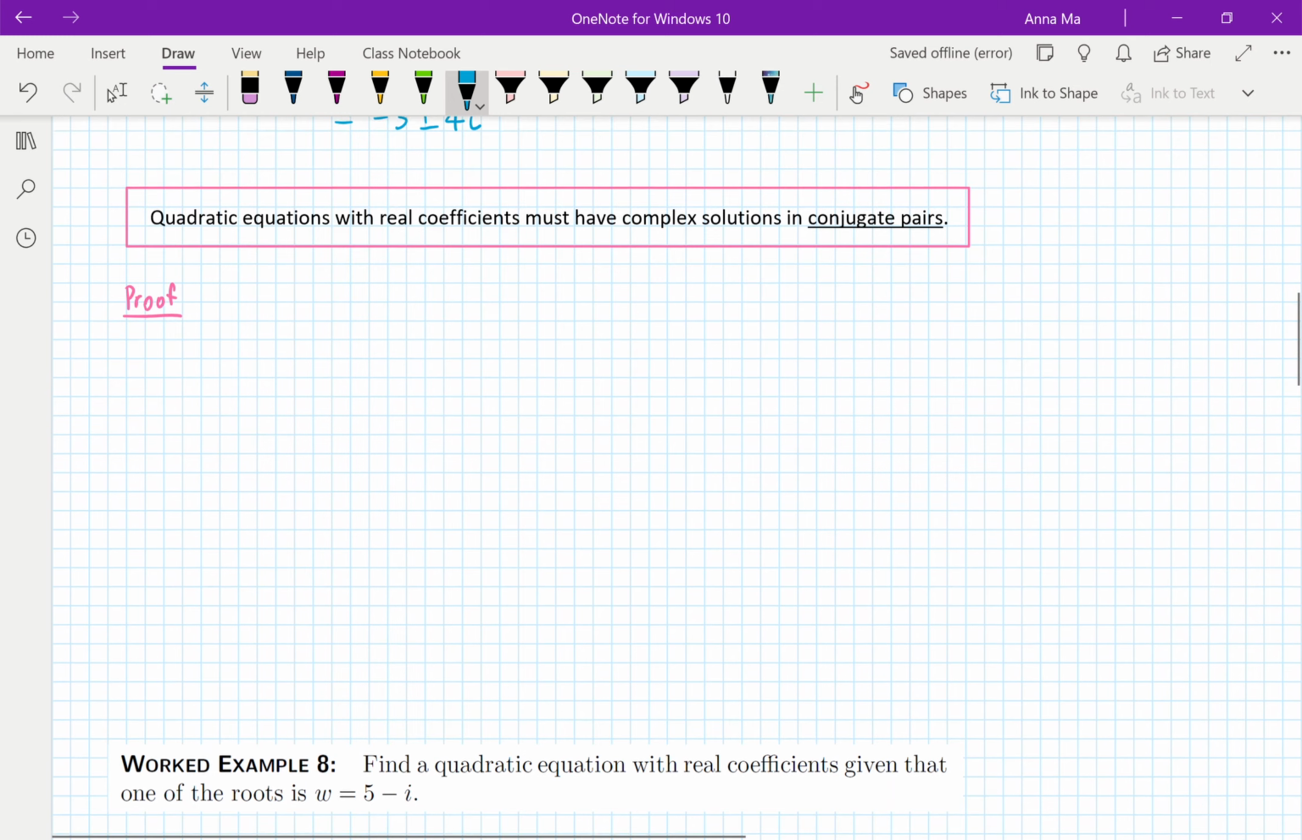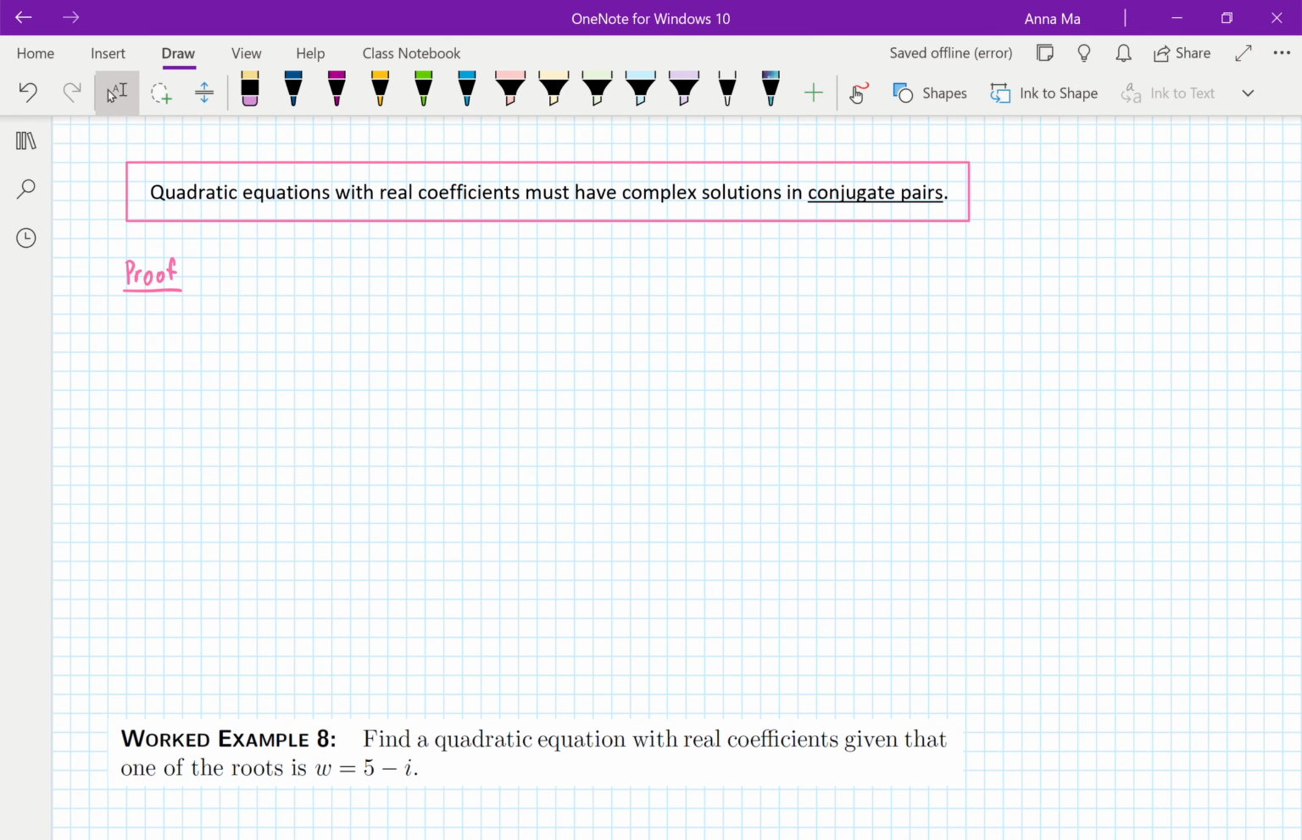Now an important thing to remember: for quadratics with real coefficients, the complex solutions occur in conjugate pairs. And you can actually prove that quite easily. Feel free to pause the video to go through the proof yourself, but here goes the proof. So first of all, I'm going to define the context first. So I will let a polynomial